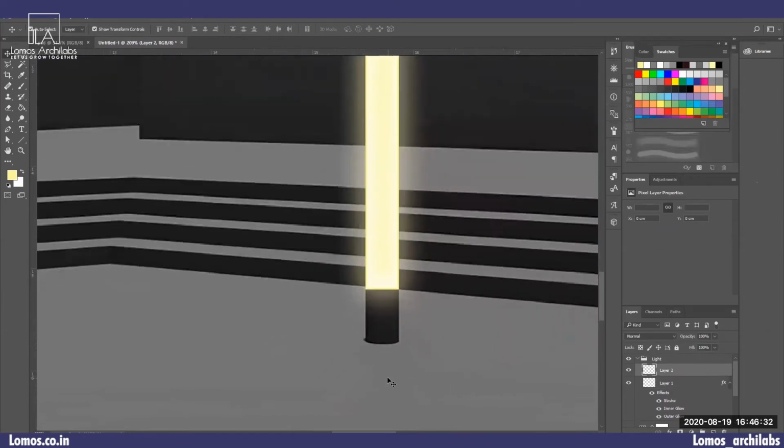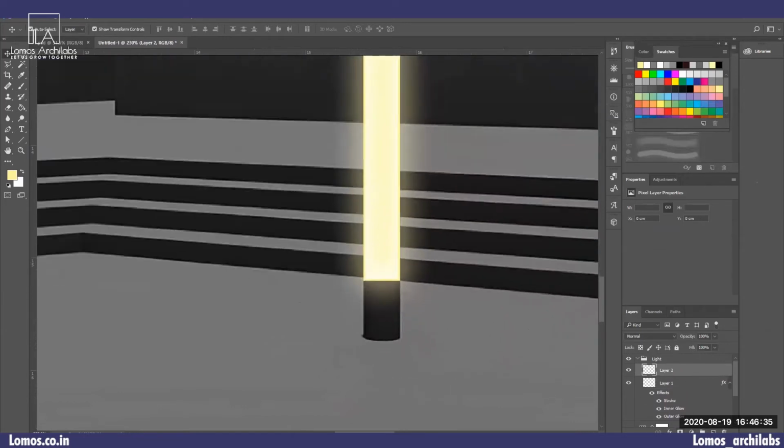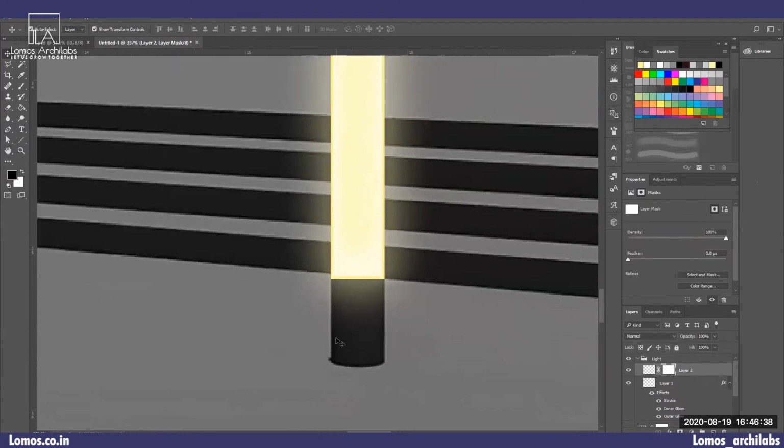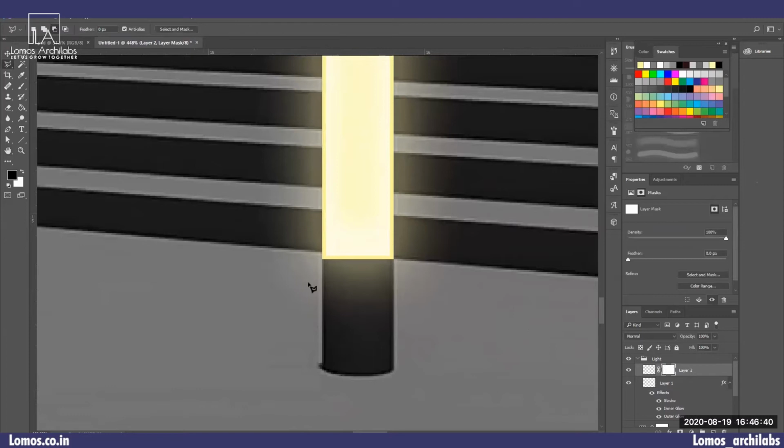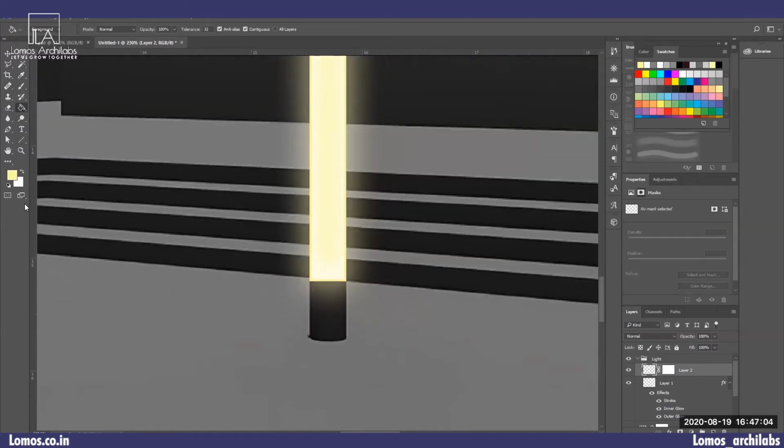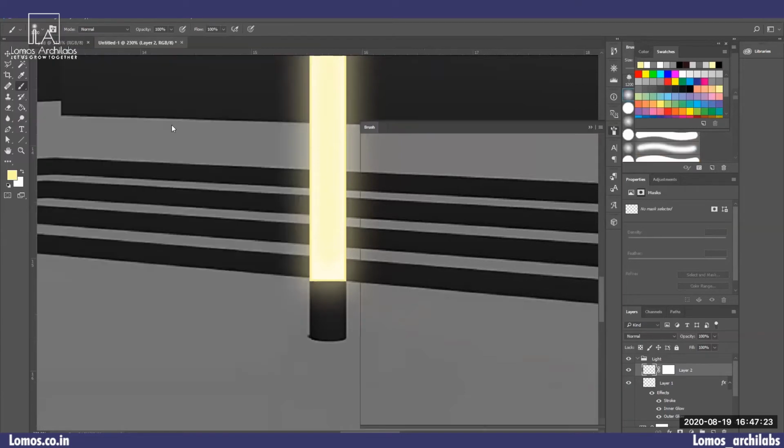So now after this, what I have to do is I will again create another layer, and on that layer I will be creating a masking. Now after creating the masking, I want to mask this entire portion. Okay, so I will fill black, then I'll go here to the layer, and now I want to paint, basically I want to give a yellow, I want to use the brush and create an impression of light over here. So maybe this is fine.